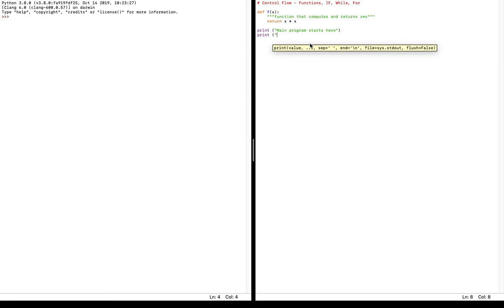So the function that we just made, we'll put inside of here by saying 4 times 4 is equal to %s. Close that, and percent f, and then we'll finish it off by